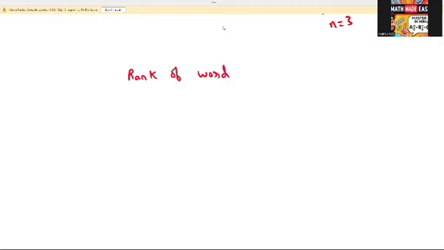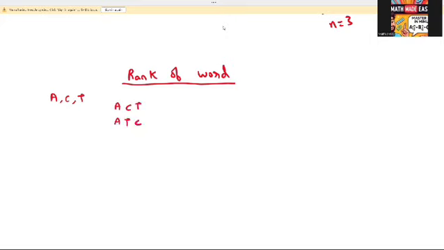which will be very helpful for your JEE Main and any other entrance examinations. So, what is rank of the word? For example, I'm given three letters. I'm asked to make words using those three letters. I can actually start writing